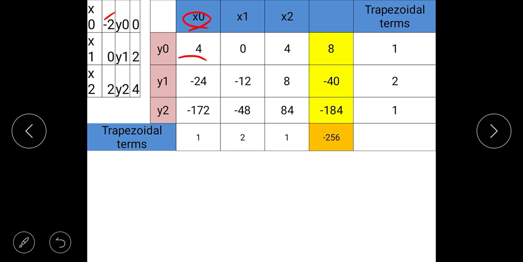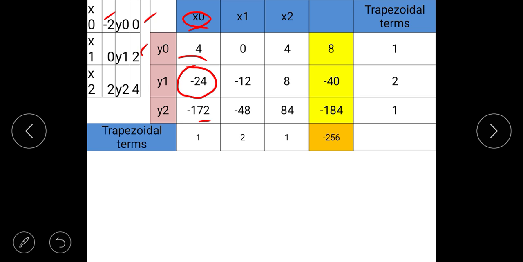Now you have to calculate this function as function of x0 comma y0. Then again it will ask you what is y0. Then you can say y0 is 0. It means when you are putting x0 is minus 2 and y0 is 0, you will get function of x0 comma y0 is 4. Similarly, minus 24. Again say calculate. Then it will ask you, function of x0 is constant, that is minus 2. We are only varying y1. Now here y1 is 2. Again same for y2 terms, you will get 4, minus 24, minus 172.